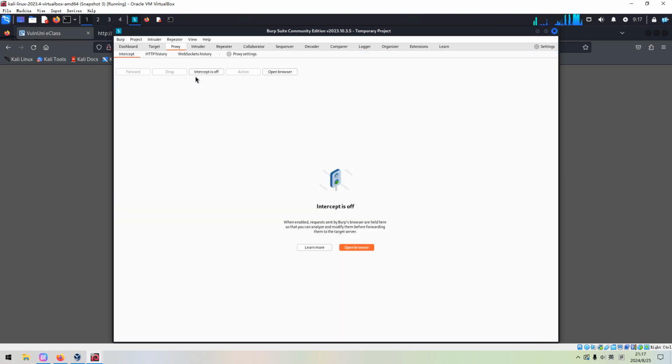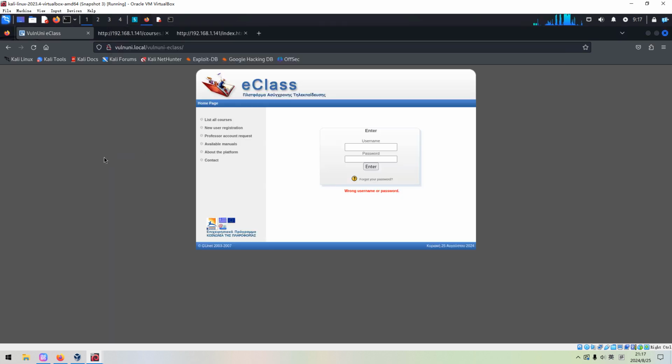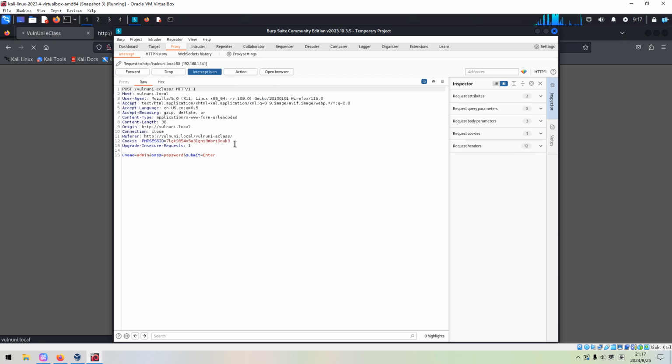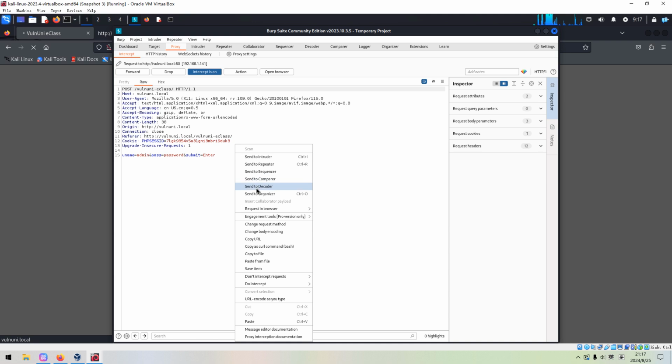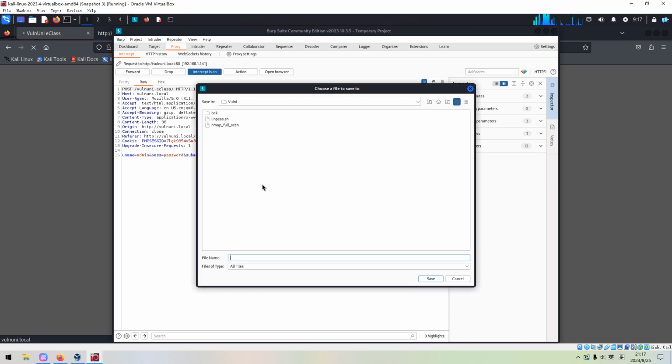Make sure in the proxy tab that the intercept option is on. Then we can input anything like admin and password, and hit enter. As you can see, Burp Suite intercepted the request. Then we can save the request to a file and name it req.txt.